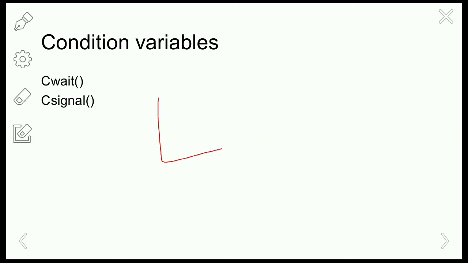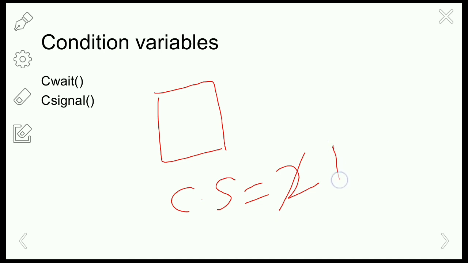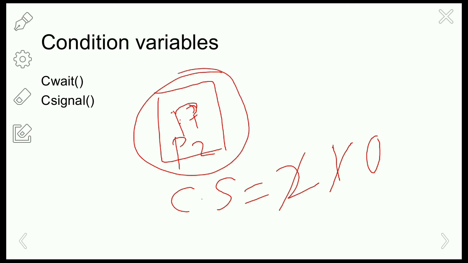So if you see the counting semaphores, if you are taking the semaphore value as 2, the process will make it 1 and P1 will enter the critical section. Next, process P2 will try to enter the critical section and it will make the semaphore value 0 and P2 will enter the critical section. So here more than one process is there in the critical section at a particular amount of time in the case of the counting semaphores, but there is no chance of race conditions in the semaphores.